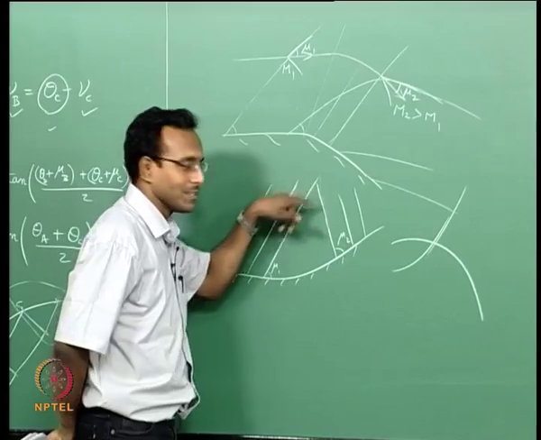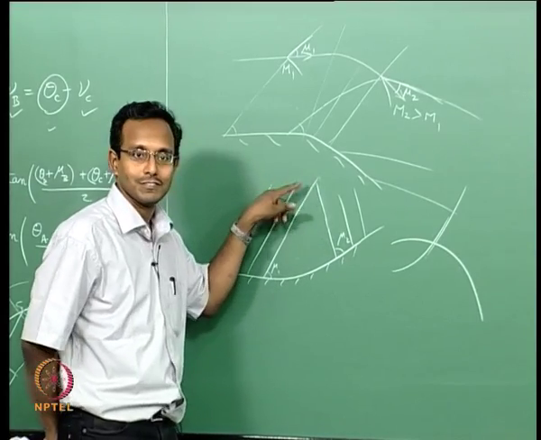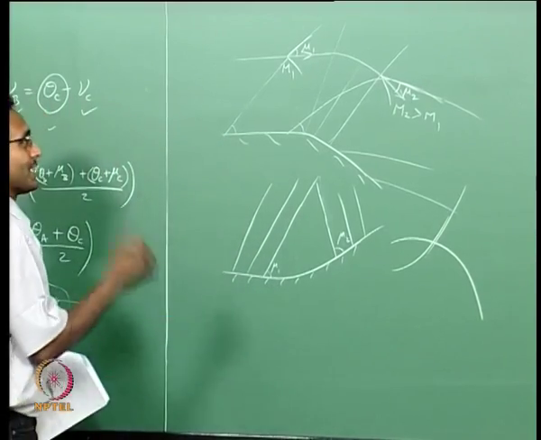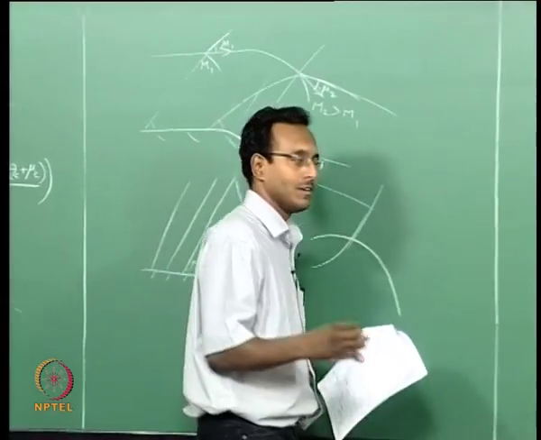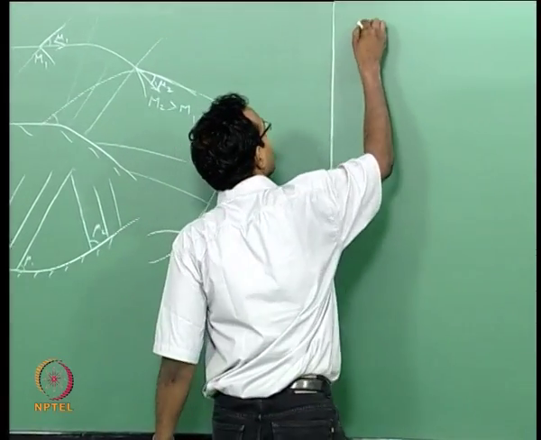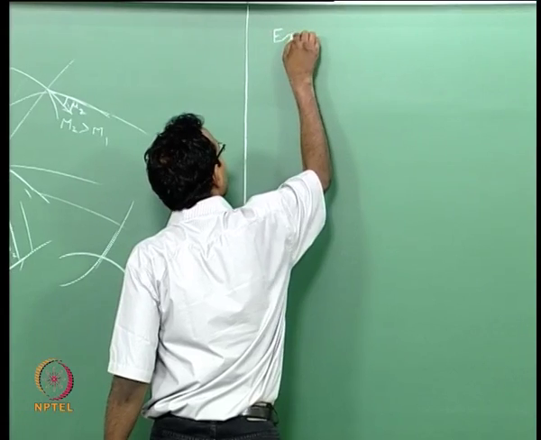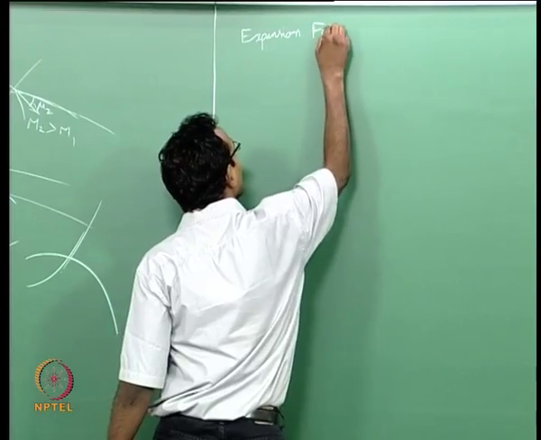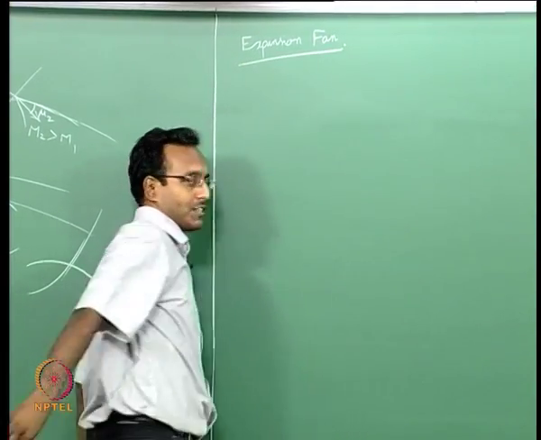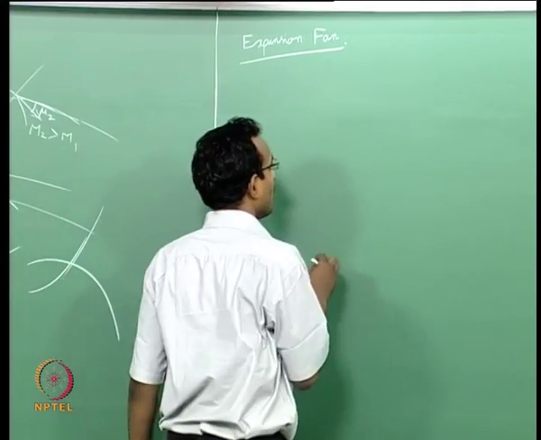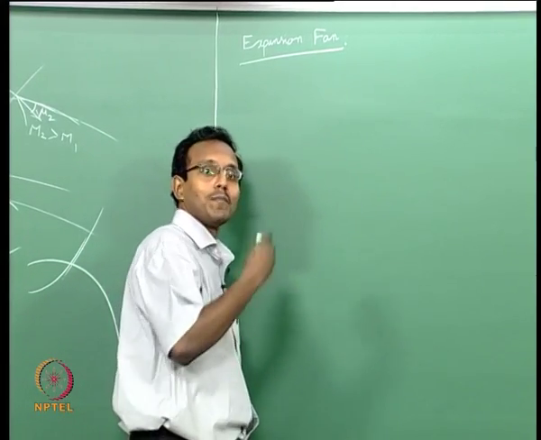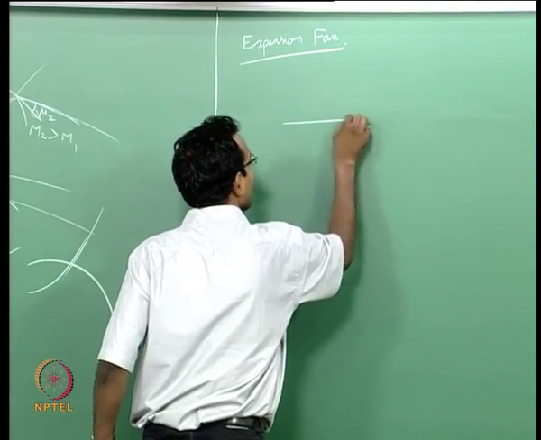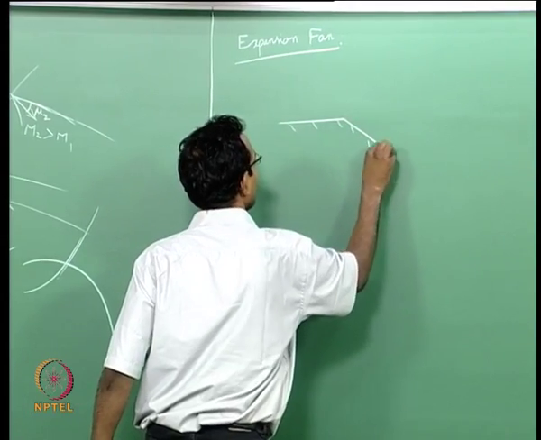We will come back to what happens when things go wrong, when they cross. We will come back to this particular corner when things go wrong later, but we will just look at expansion first. Now I will give you one more subroutine, the corner expansion subroutine. Okay, I will just call it the expansion fan subroutine. When I say expansion fan, I am going to think about so many Mach waves in one small fan. Ideally, if I have a sharp corner expansion,